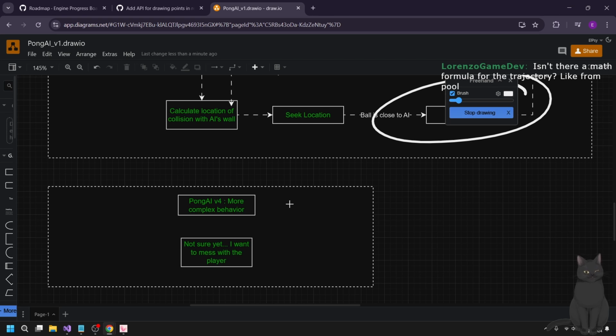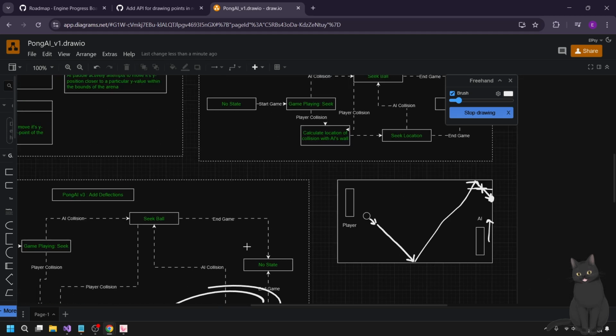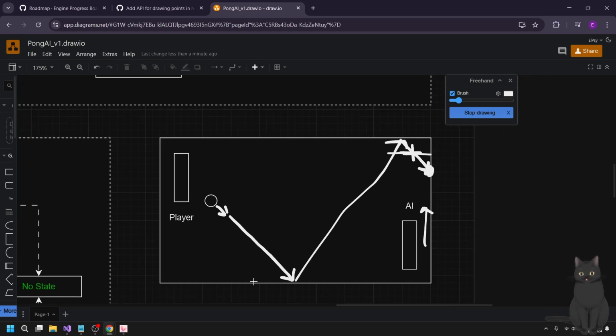Oh yeah, no, for sure. I know I could calculate it directly, but I also wanted to get, because I don't have raycast support in my engine, period. And also I have a specific way that I calculate my collisions with the top and bottom wall. I edit them in a very specific way. I suppose I could literally just use that to do a math equation and figure out where it's supposed to be using the trajectories like you said. But I don't know.